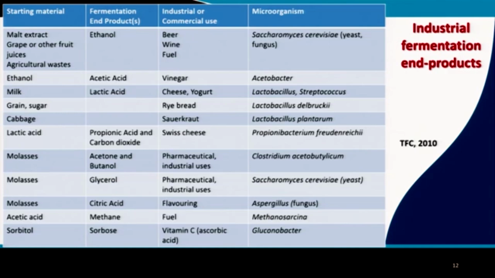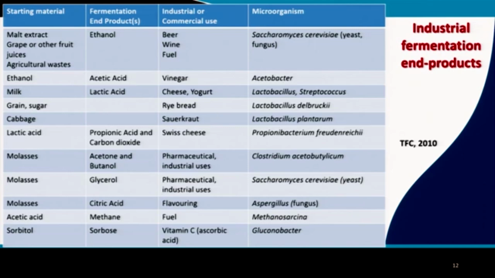So for example, the production of beer is started using malt extract, the fermentation product is ethanol, and the mediating organism responsible for this reaction is Saccharomyces cerevisiae, which is a yeast